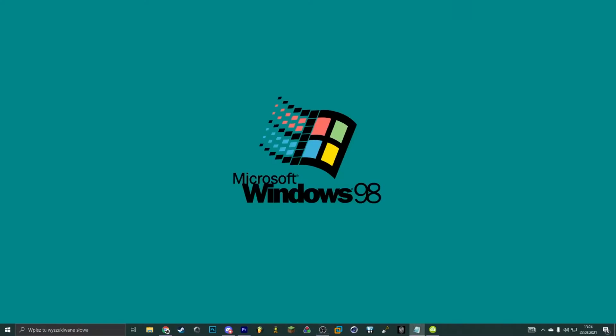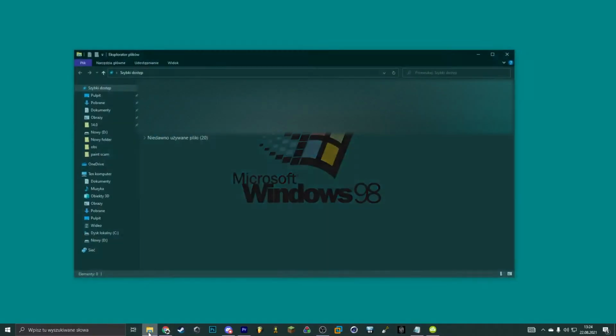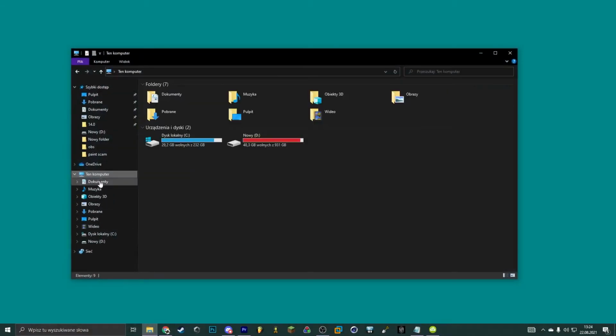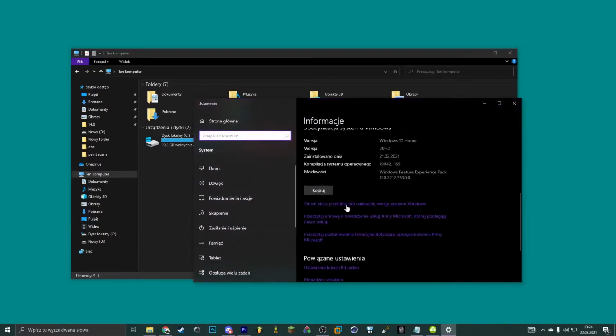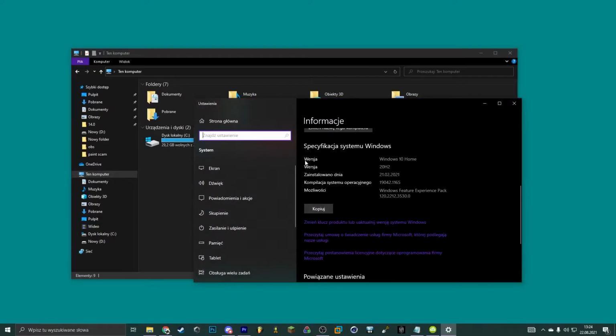The second method is to simply open Windows Explorer, go to your PC, go to properties, and you're gonna have your version, Windows 10 Home or Windows 7. This is the second method to check your system.